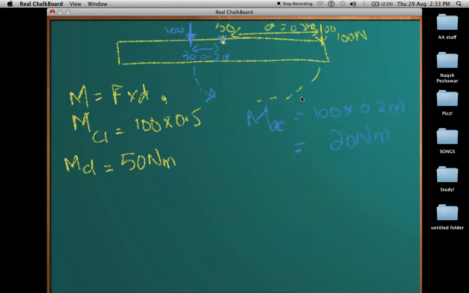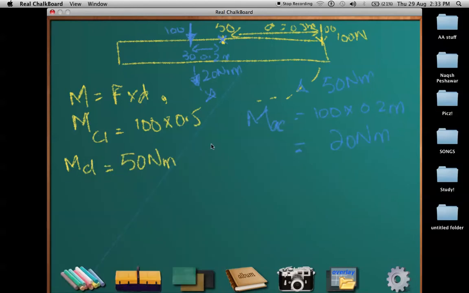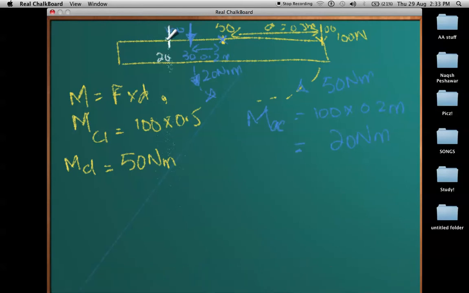So here we have a clockwise moment of 50 Newton meter in this direction. However, to stop this moment, we have only 20 Newton meter. So since the clockwise moment is not equal to the anti-clockwise moment, this is not a balanced situation. However, if I add one more force on this mark, 20, let's say 100 Newton on this 20 mark, so this would